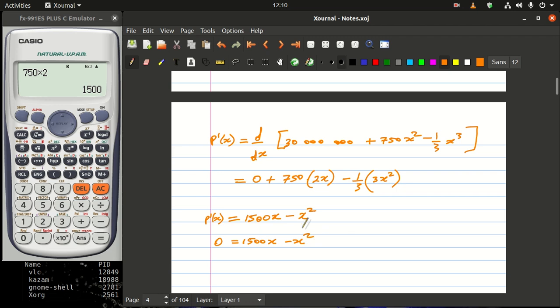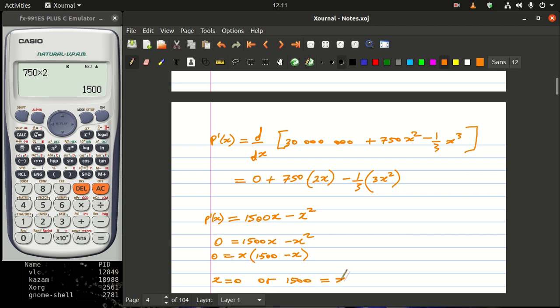And then after that, because you have an x and you have an x, you can factor x out and you'll be left with 1500 minus x. Now if you have an output that is 0, it's either this x is equal to 0, or this whole thing here is equal to 0, or both are equal to 0. That is why we are saying x is equal to 0, or